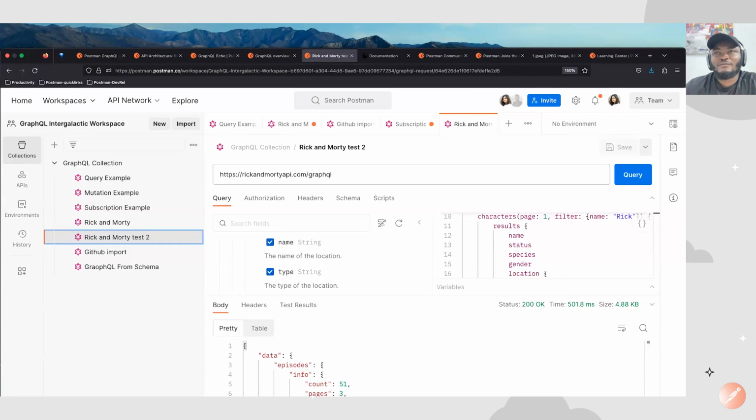Well, I believe technology is meant to evolve. Where would it be in the next 10 years? I do not know for sure. What I do know is it's going to be very much different from what it is right now, considering the amount of investment, dedication, and the kind of team that has been actively working on GraphQL